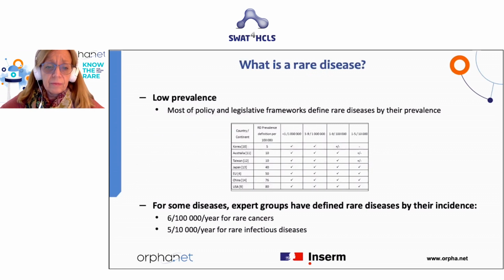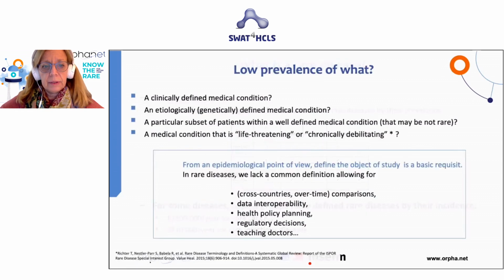So from the beginning, we have a bit of a problem, that is to agree on a common definition. We know that rare diseases are low prevalence diseases, so they are rare, but low